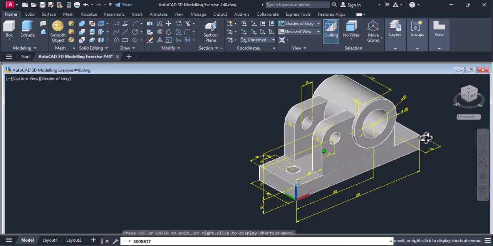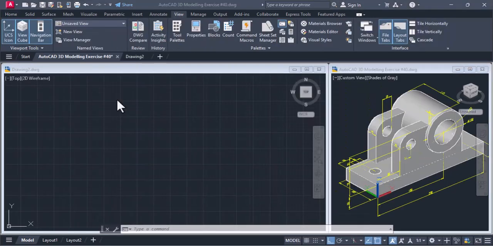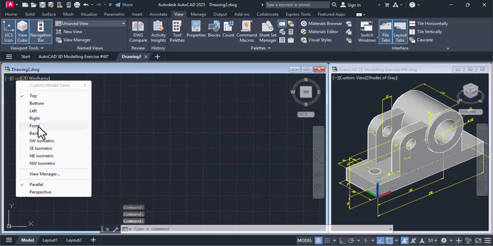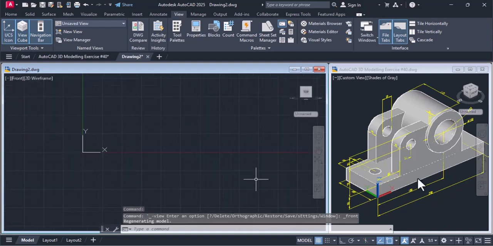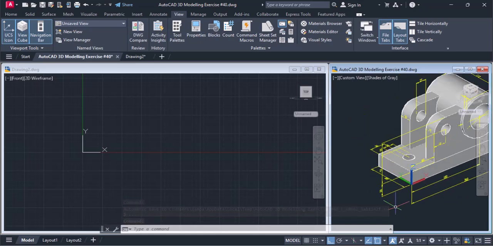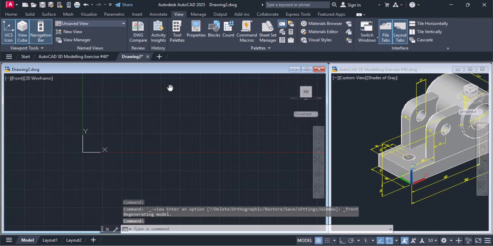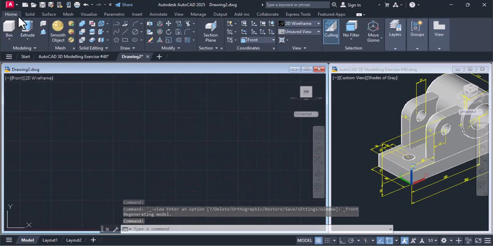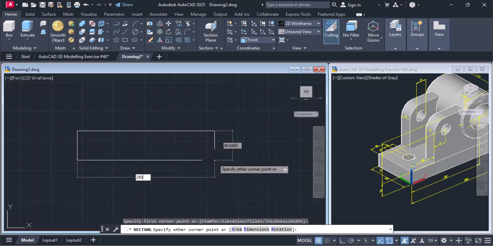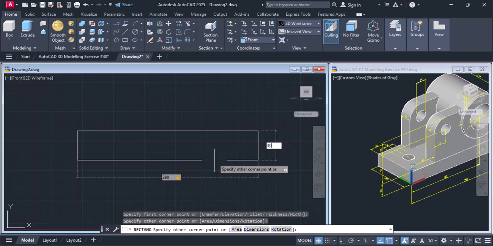So let me show you how we'll proceed with this drafting. We'll first begin by changing the view to the front view. So I click over here in my drawing and change it to front view. We'll begin by drawing a rectangle, and that rectangle will be of 290 units by 30 units. So we come to our drawing and go into the home tab, select rectangle and draw one rectangle of 290 units by 30 units and